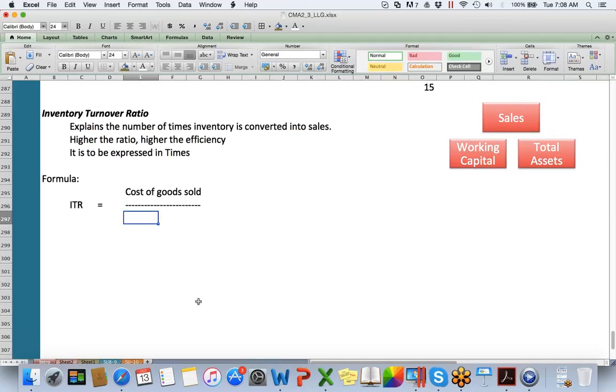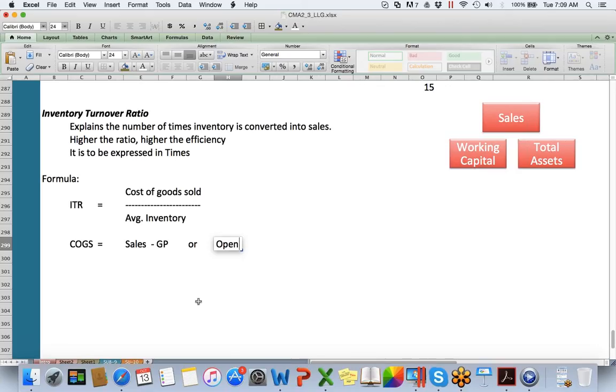As I told you, the denominator will always be average. Average inventory means inventory at the beginning plus inventory at the end divided by 2, and also cost of goods sold equals sales minus GP, that is gross profit,